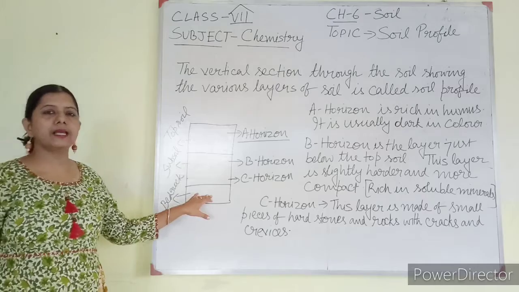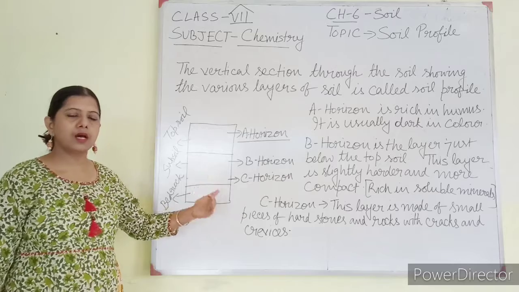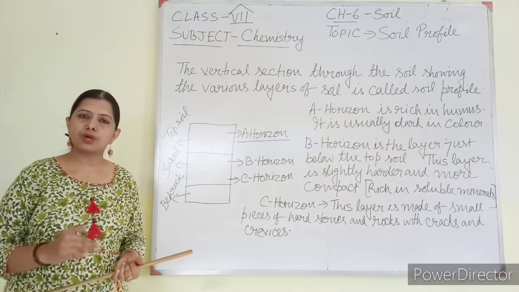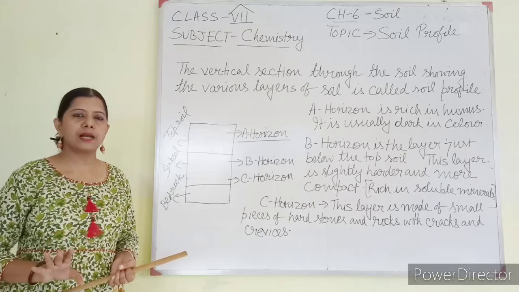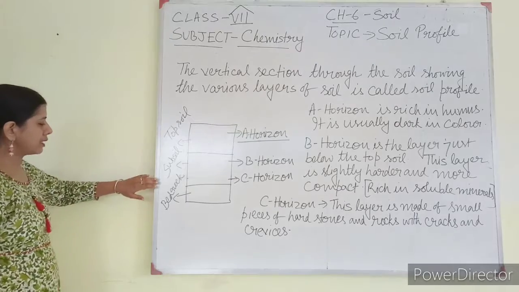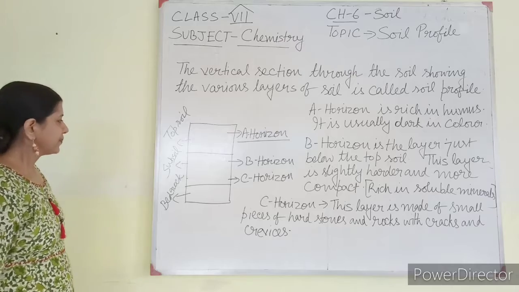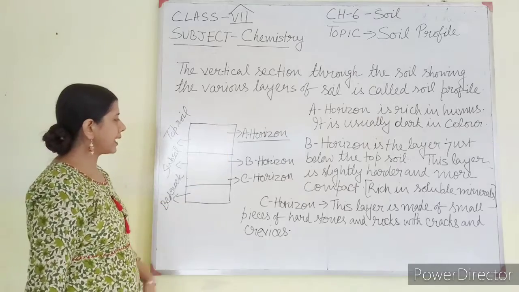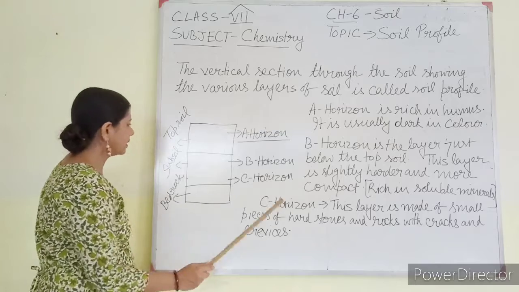I am not talking about the molten portion, the magma inside the core. Soil doesn't reach up to that portion. I am talking about the portion before the magma up to which soil is there. Before that, the soil profile is there. The last layer of soil is known as bedrock, which generally consists of hard rocks. Okay. Again, this soil profile can also be divided into other categories: A horizon, B horizon, C horizon, and the last one is bedrock.